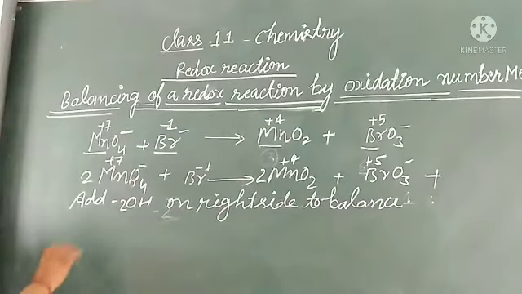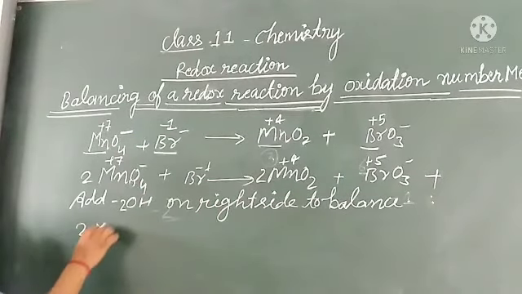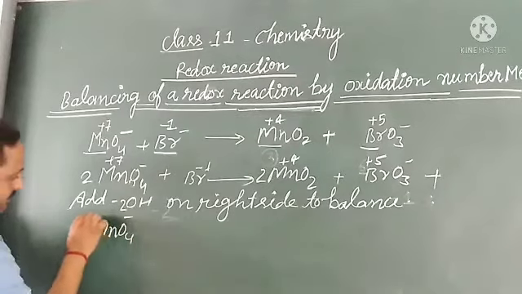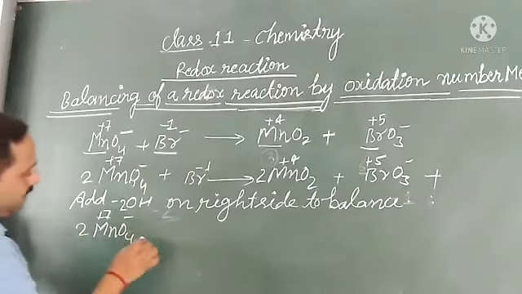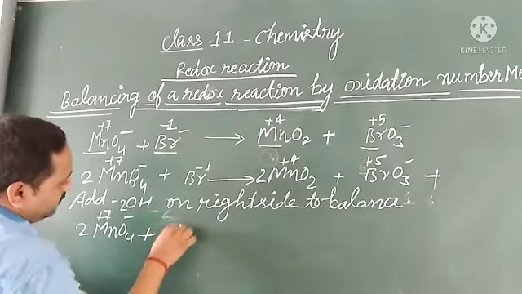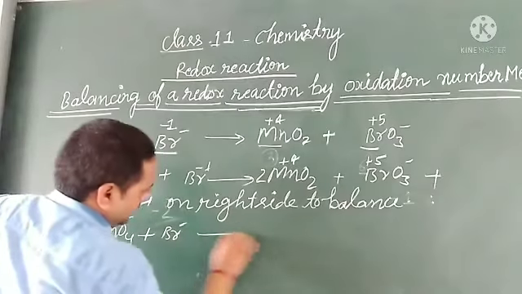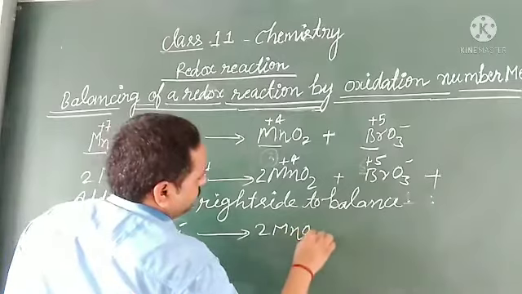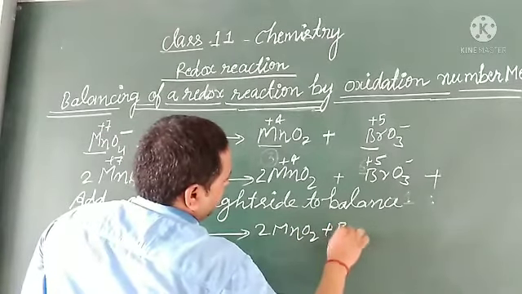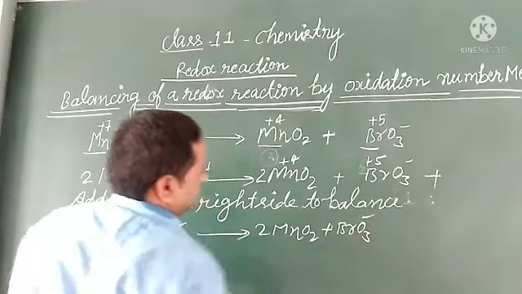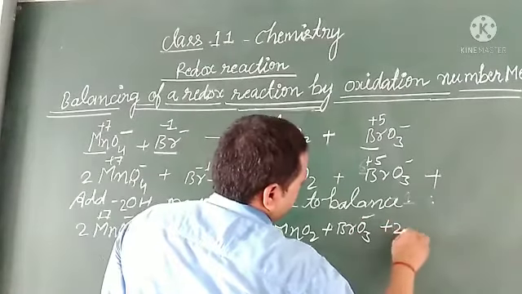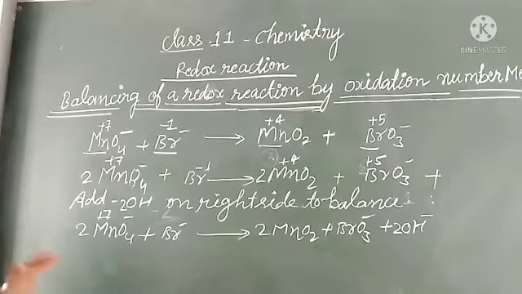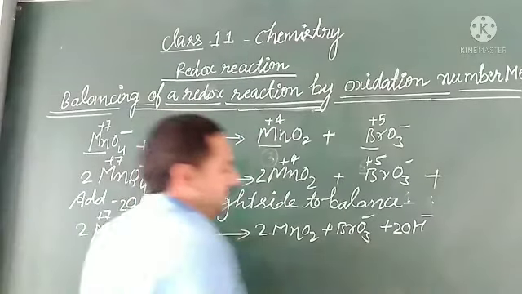Yes. So we can write like this here: 2 MnO4 minus. Here oxidation state, if you want you can write, otherwise no need. Plus Br minus gives out 2 MnO2 plus BrO3 minus plus 2 OH minus. Okay. So till here it is balanced. Now we have to balance the